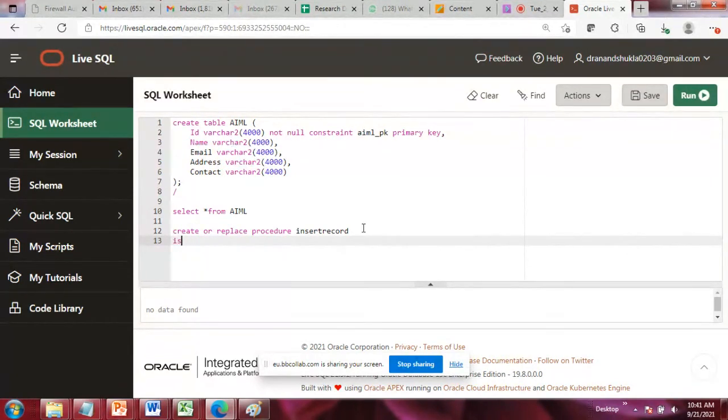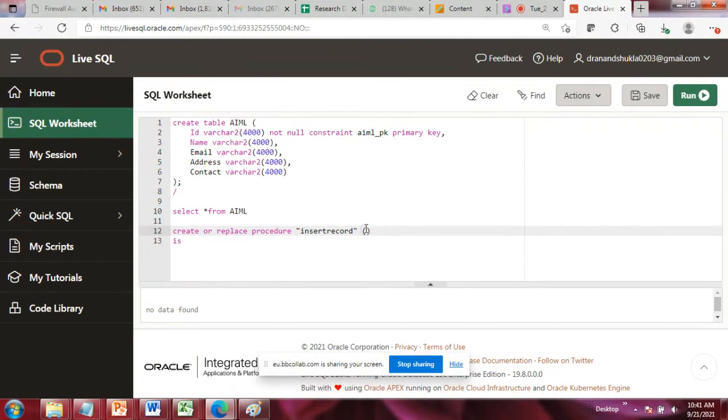Previously I created the procedure without a parameter, but this time I am going to create it with the help of parameters. One more thing: if you want to put the name of the procedure inside inverted commas, you can also do that, and this will also work, as you saw in the previous lecture. So I'm going to tell you every possible way like this.